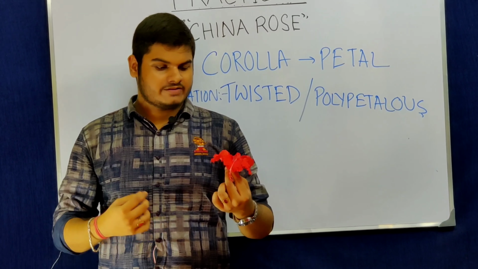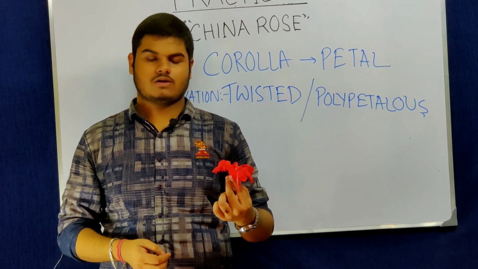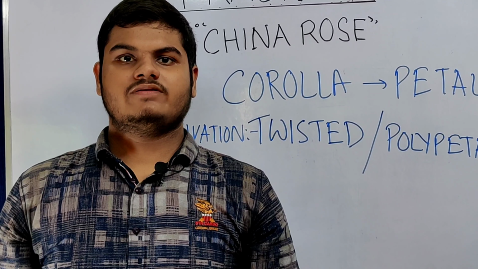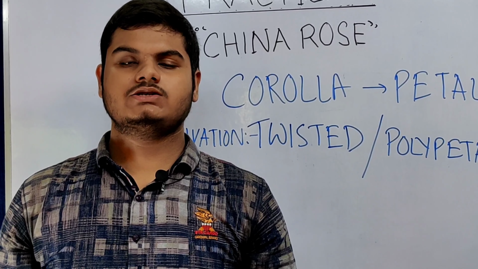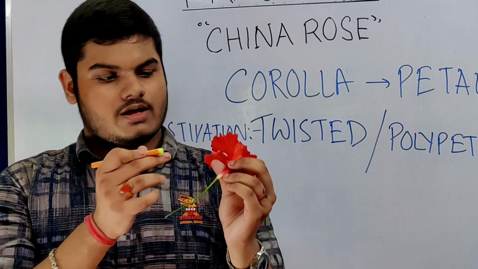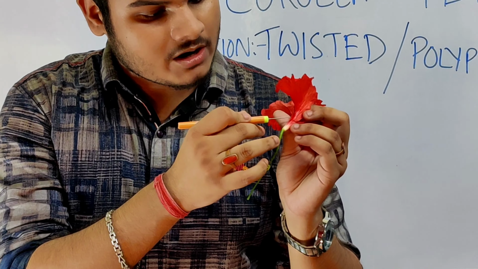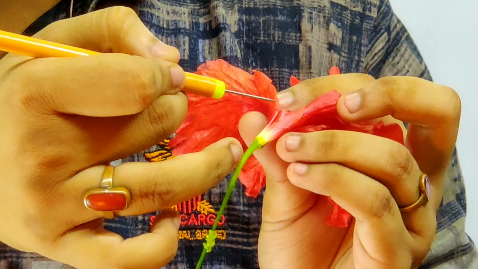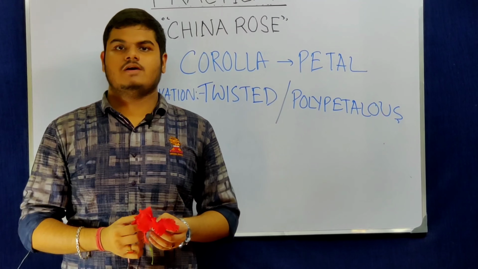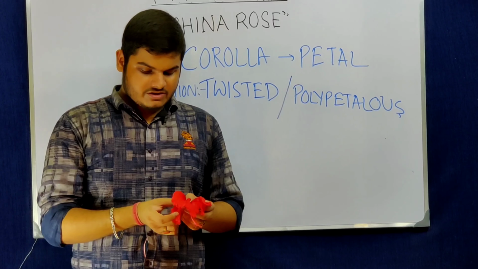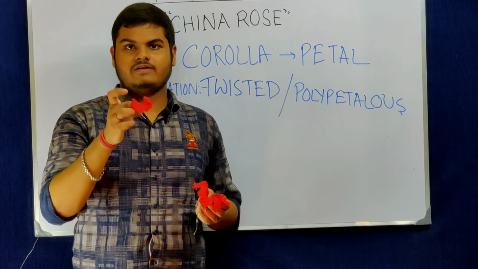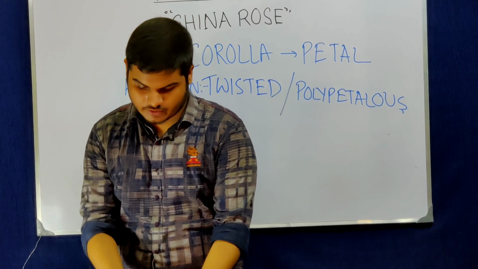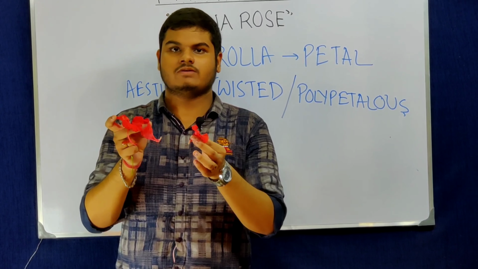Now I am going to discuss the second whorl of the flower called petals, collectively known as corolla. Now I am going to discuss the aestivation of the petal. It shows twisted aestivation. As the margin of one petal overlaps the margin of its adjacent petal, hence it shows the twisted aestivation. As the petals are separate from each other, hence it is polypetalous in nature. As you can see, they are separated, not joined like the calyx previously mentioned by Saptoshi.